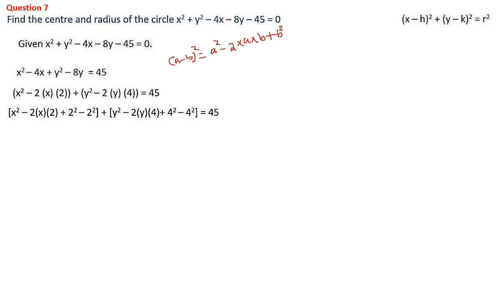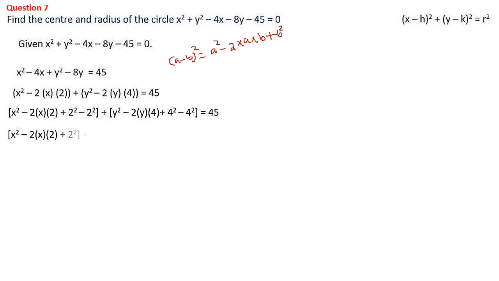When we split, we identified b must be 4, but it is not there in our equation, so we are going to put plus 4 square from our side. For balancing that, just on the spot minus 4 square equal to 45. This adjustment you have to be very careful, okay?